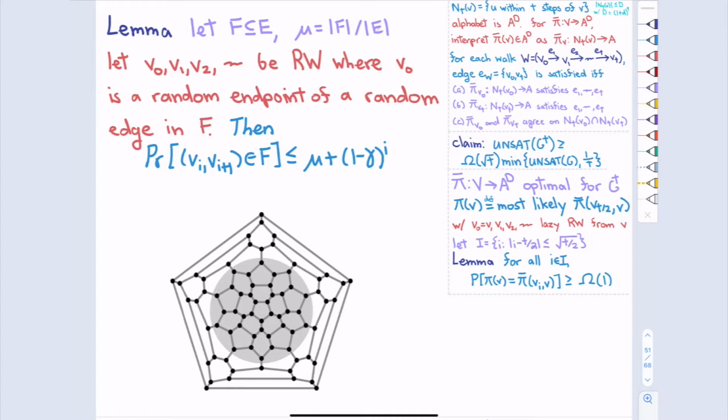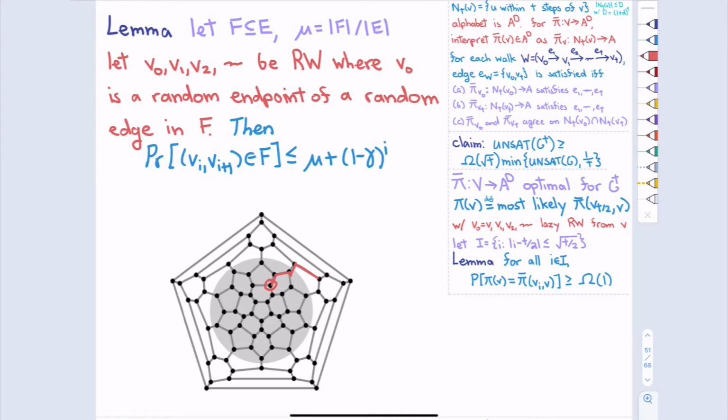What this statement is interested in is if I randomly sample one endpoint of one random edge in F. So I pick a random edge in the shaded region, then pick one random endpoint, and take a few steps of a random walk, say 5 steps. What are the odds that 5 steps later I'm still in F? If it was a completely independent sample, it shouldn't matter that you started in F. But it isn't quite independent.